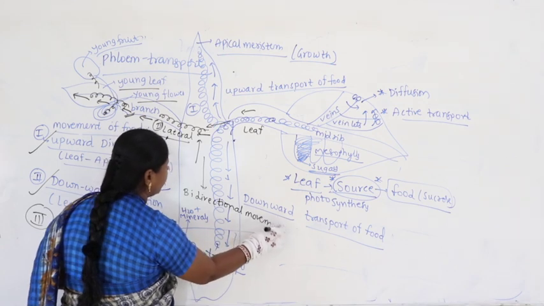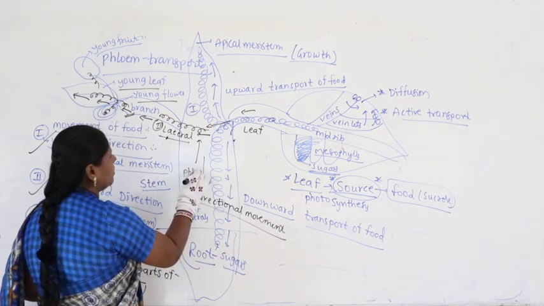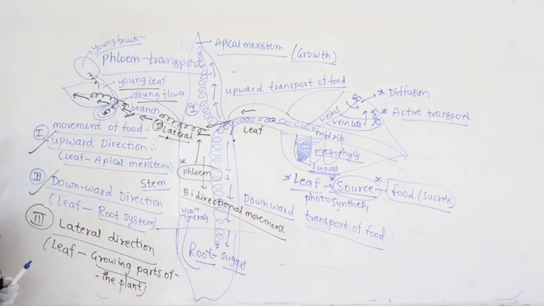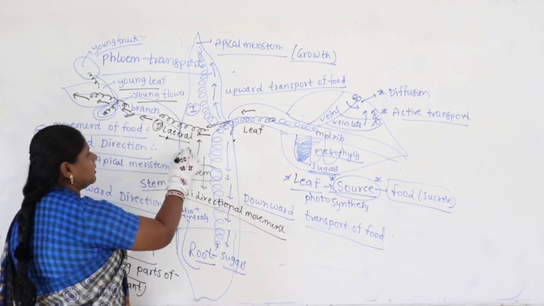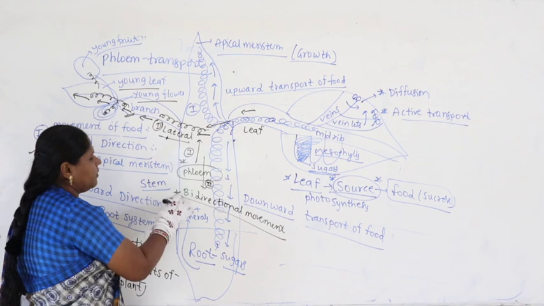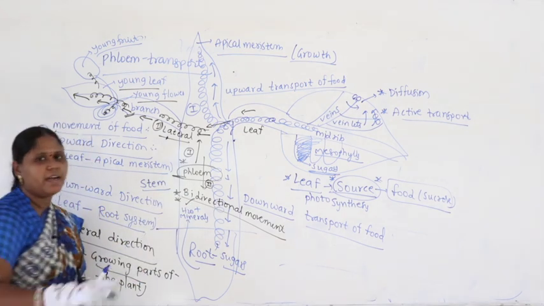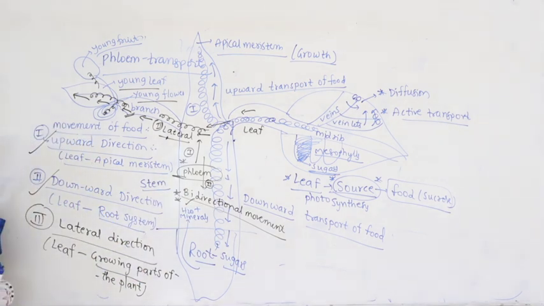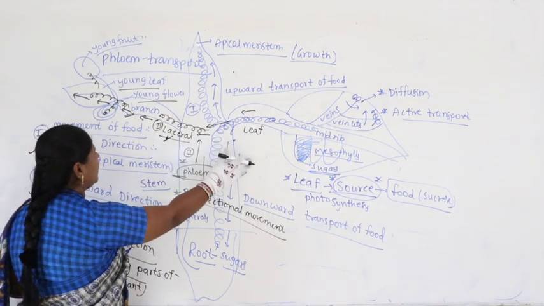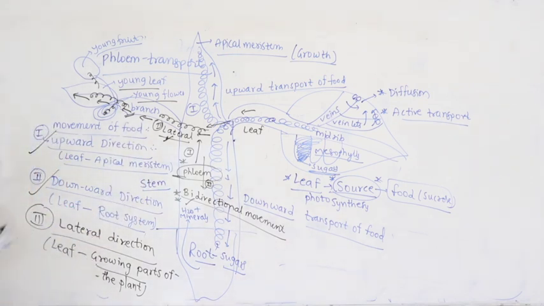Where is this all happening? This is all happening within the phloem. We are discussing the phloem. Mostly here the food occurs in upward direction, food occurs in downward direction. It's a continuous phenomenon. Remember, in phloem it is always bidirectional. Apart from bidirectional, sometimes even lateral movement also occurs from the leaf to growing parts of the plant. This is how phloem is involved in transportation of food from one part of the plant to another part of the plant. So, I repeat again.